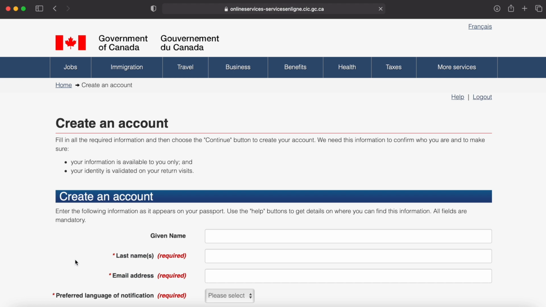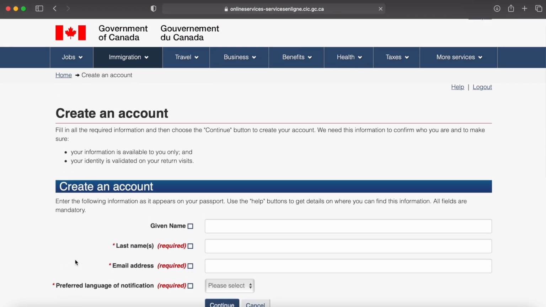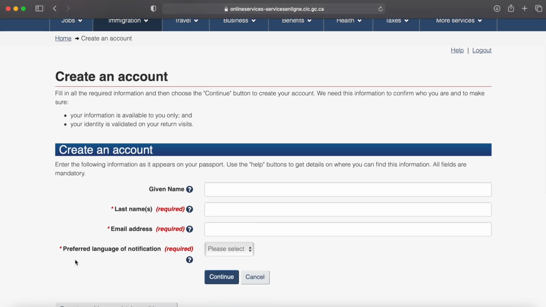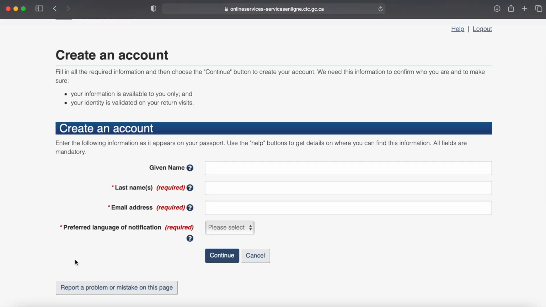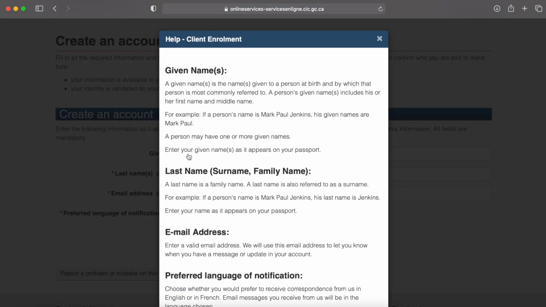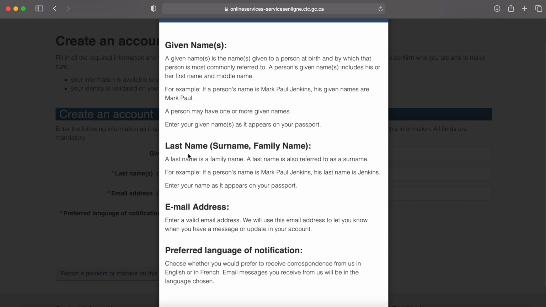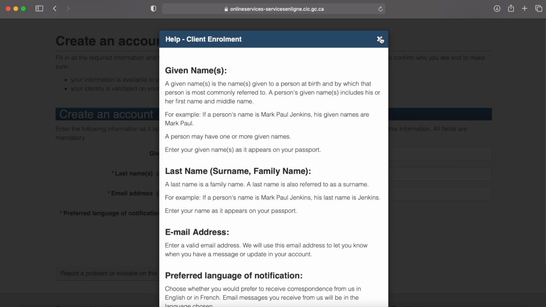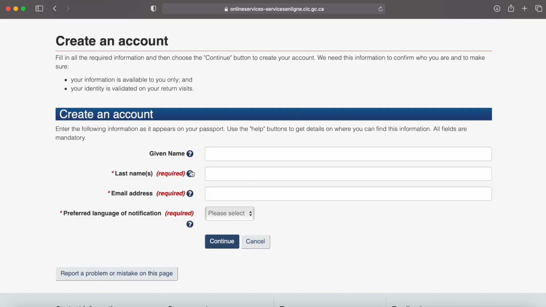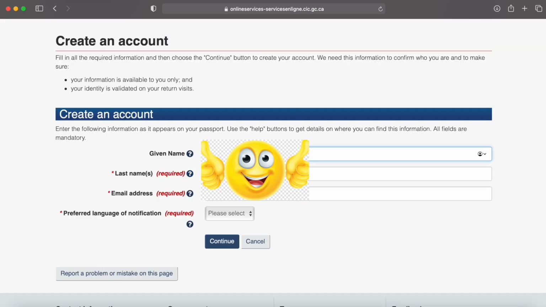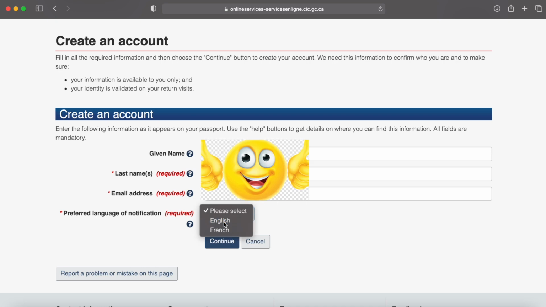So in this part right here, you need to provide your basic information, first and last name, and a good and working email address. So for the first and last name, it should be the same as it appears on your passport. And for email address, this is how the IRCC gives you an update on what's going on with your